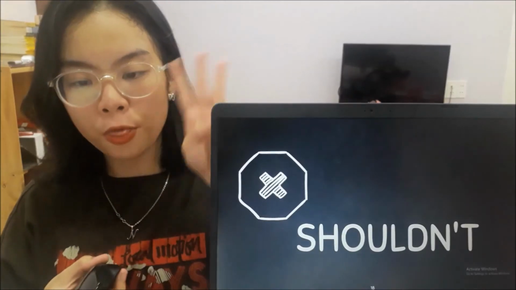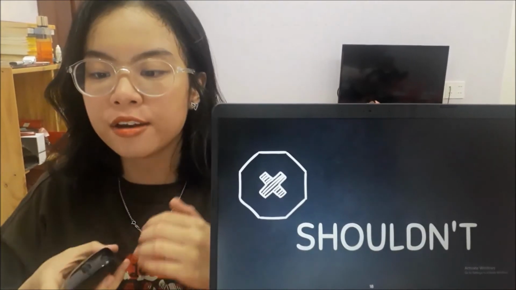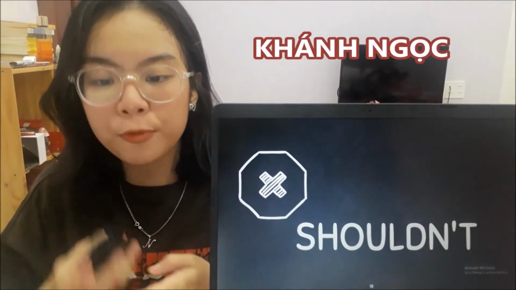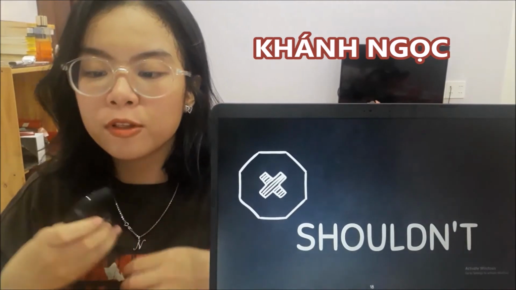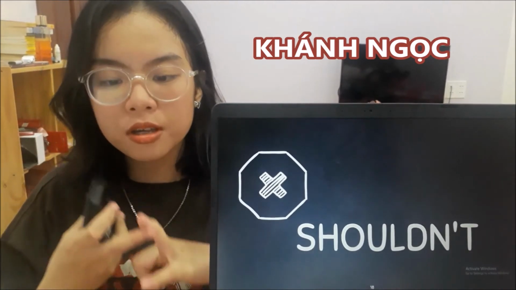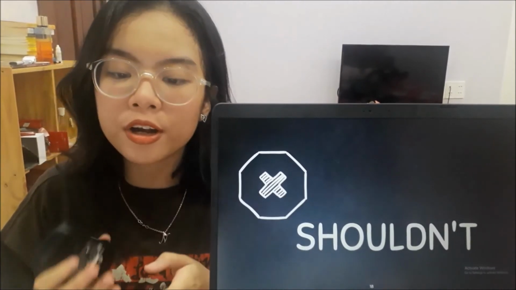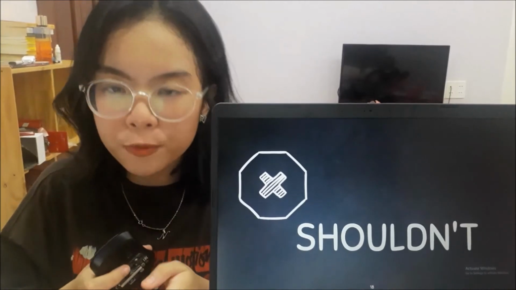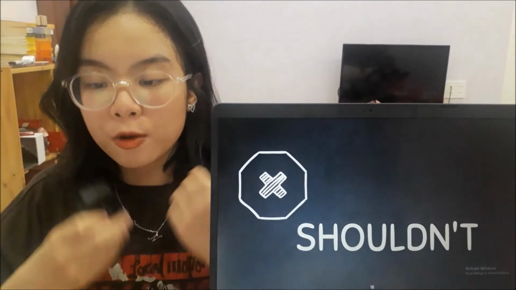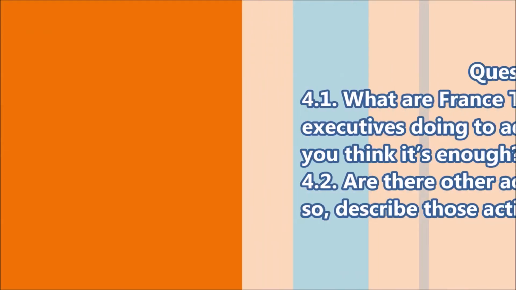So for question 3, I quite believe that managers shouldn't make decisions that are in the best interest of the company without worrying about employees' reactions, because employees are the largest and the most important part of the company. Therefore, they need to feel like they are significant and a part of the change to come. Managers need to communicate with their employees about what they want and get them to participate more and more in the company.